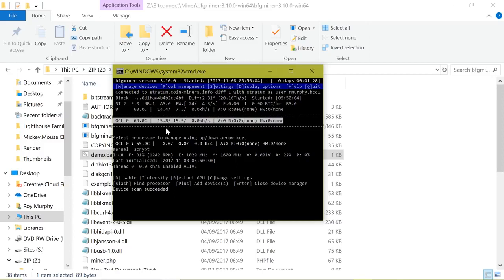Okay, so device scan has succeeded and I am now mining. And it tells you your temperature. So the temperature of my GPU has gone up now from 55 degrees to 64 degrees centigrade. It tells me the block it's working on currently, the difficulty level 2.81 million. The pool is 20.1 terahashes per second, so I'm one of those people now. So the default settings are quite